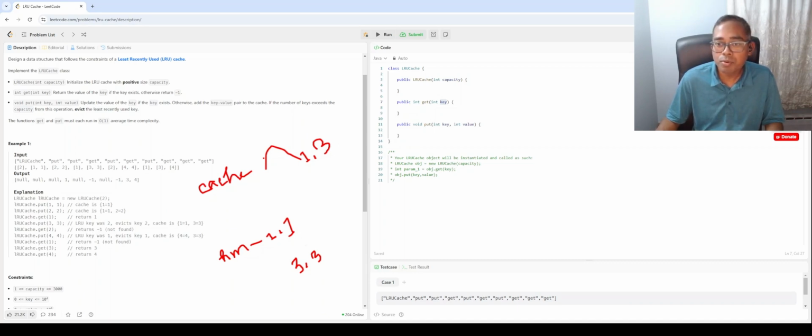Let's add 4 in the cache, in the hash map as well, for 4. And now again we have 3 elements, and our capacity is 2, so we have to remove 1. We need to remove 1 in the cache and also in the hash map. So we have now 3 and 4, and then when there is a call of get 1, it will return -1